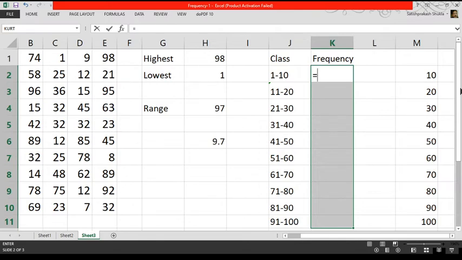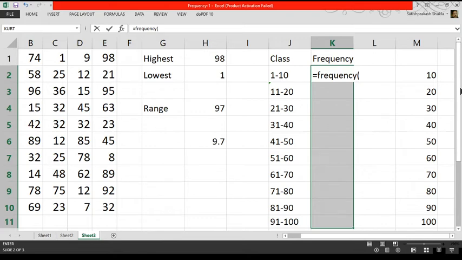Now we write the function of frequency, and for that we first write frequency, then start a bracket. While writing the function, we have to be careful that the selected cells remain selected.